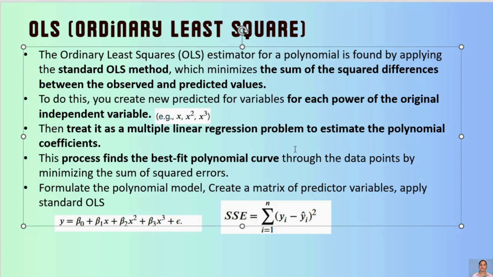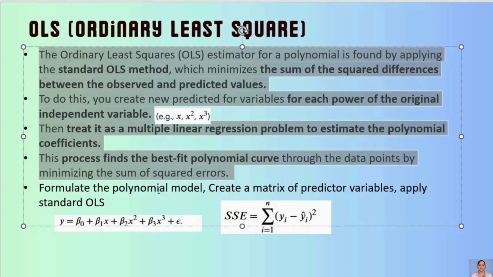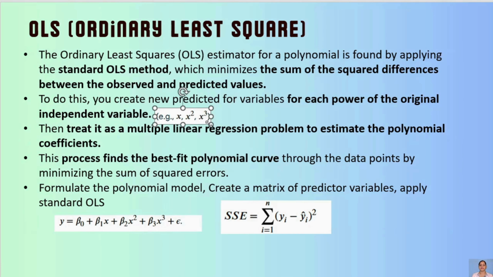And to formulate that polynomial model, these are a few steps. I have explained what the method is. However, these are a few steps which we are considering. One, we are formulating the polynomial model by getting the predictor variables for each independent variable, right? This is the formula: beta 0 plus beta 1 x plus beta 2 x squared, like that. And we have some residual factor which we are adding.